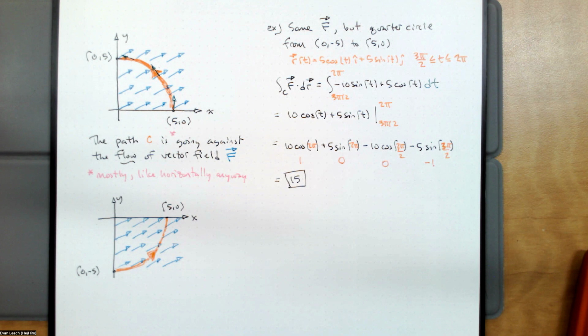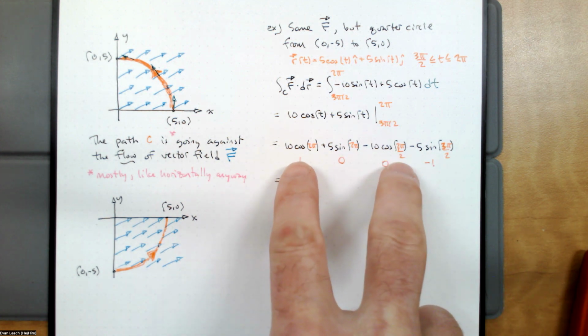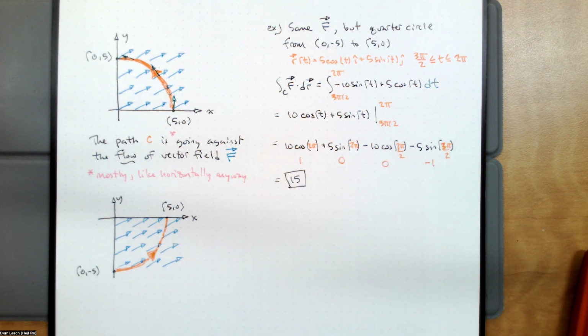Moreover, we can see where this 15 came from. We can see where the imbalance came from. This vector field is more horizontal than it is vertical. It's 2 horizontal and 1 vertical. Here's that 2 horizontal counting twice as much as the 1 vertical. So in this case, the path C